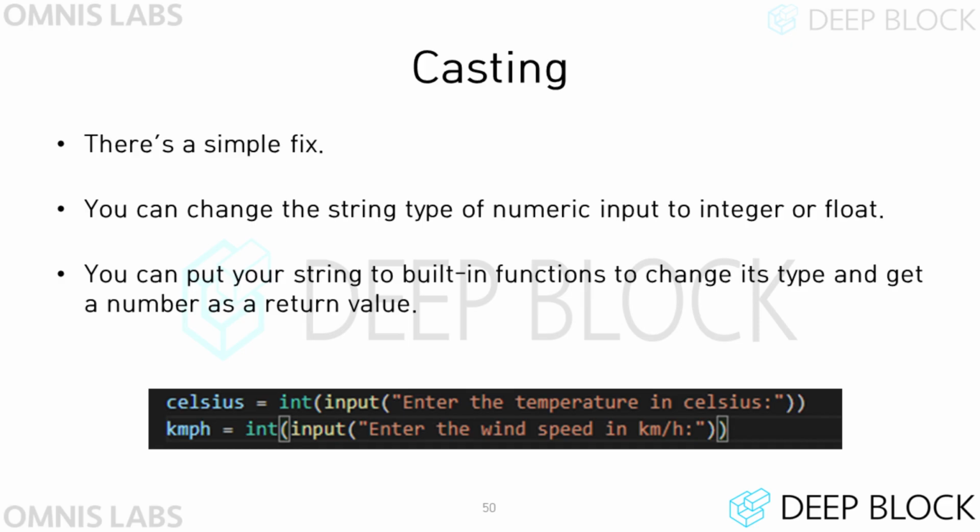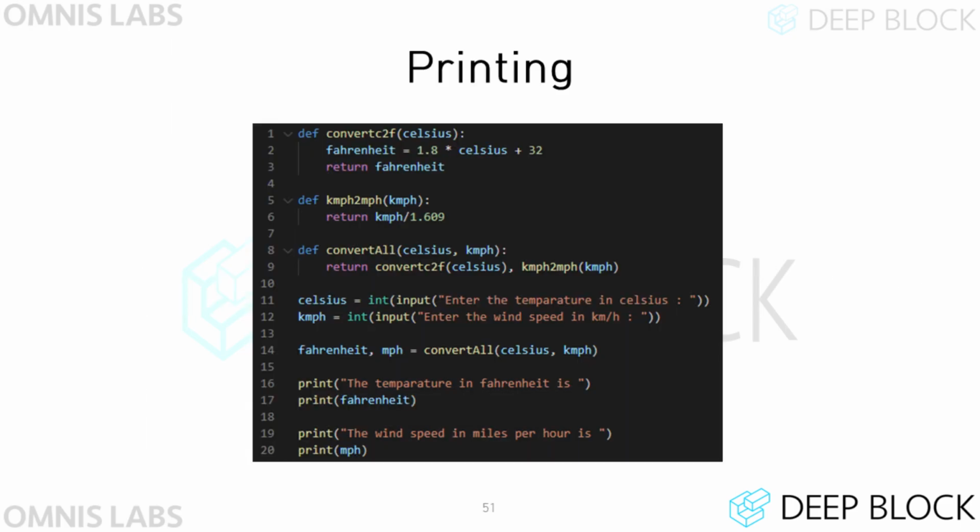For example, if you want to convert a string to an integer type, you can use the function called int. As shown in the slide, if we wrap the outside of the input function with the int function, we can convert the input string type value to a value of type int. If you want to convert the value to float type, you can use the float function instead of the int function. Finally, you can write the code that casts the user's input and then prints the converted values as follows.